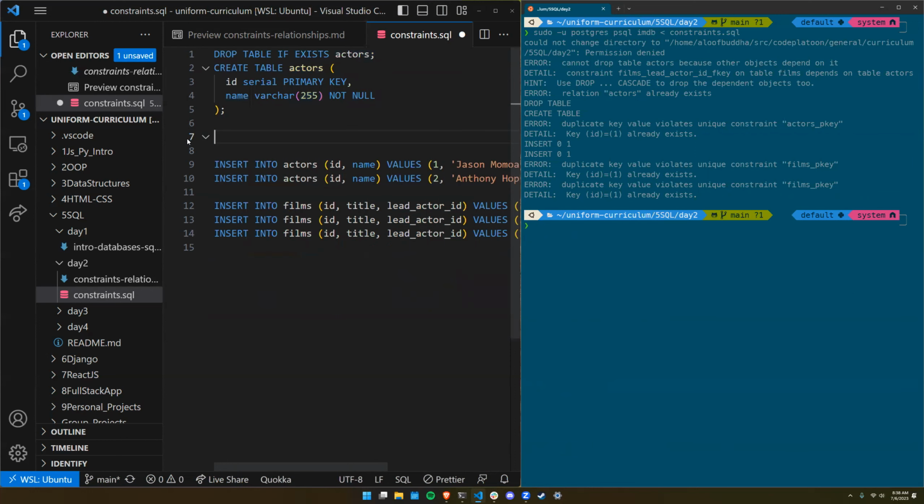We've seen this before, where I could say where title equals Zorro. I didn't even spell Zorro right. So I think this will get me just Zorro. And then I could just as well say where the lead actor ID is equal to 2. Now that will give you all the films Anthony Hopkins is in,